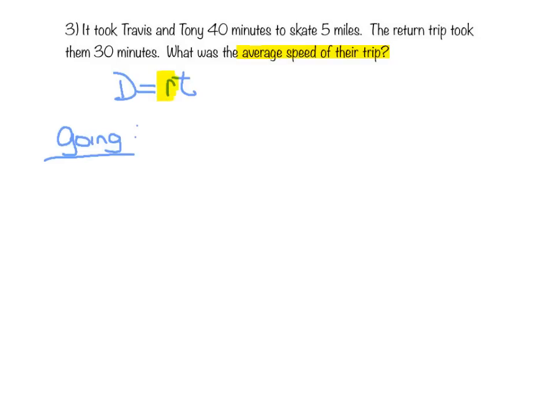Let's solve this equation for R. So we would have R equals D, distance, divided by T. And the way I did that is I divided both sides by T to get R alone. So, in going, the rate